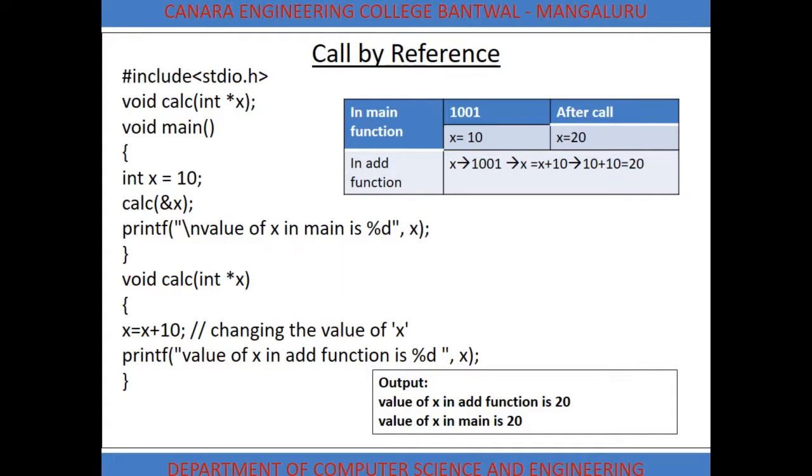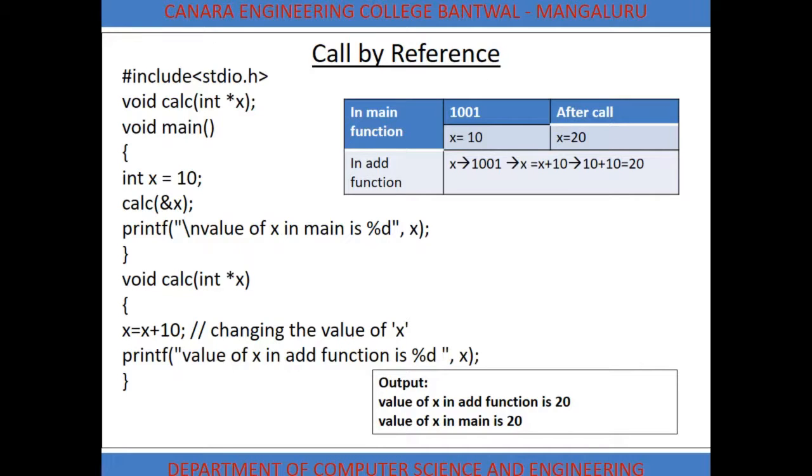So now here void calci(int *x) I have given, that is a pointer variable. A pointer variable is the one which can hold the address of another variable. Next, void main, int x equal to 10, same. Next calci(&x) I have given, that means I am passing the address of x, where the value stored is 10, to the function.